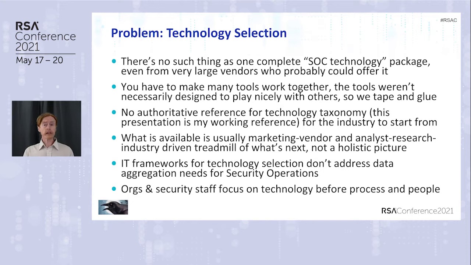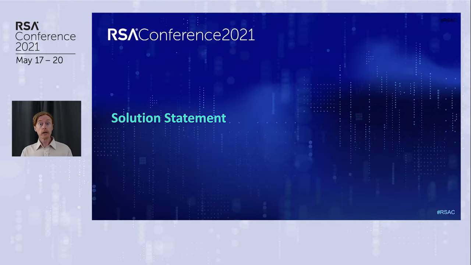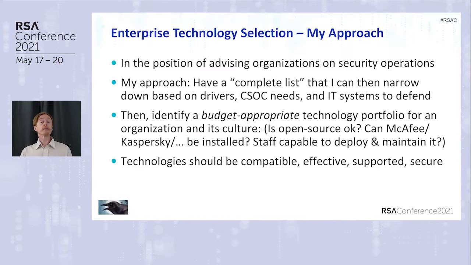There's also a lot of market information out there that is provided by vendors and analysis companies. These are good, but they're not really open listings of everything. They're usually focused on specific capabilities and specific technologies, and then comparing the vendors within those specific technologies. So my view of the problem is that we need a solution, and this is a start of that solution. I want you to think about picking the technology for you.